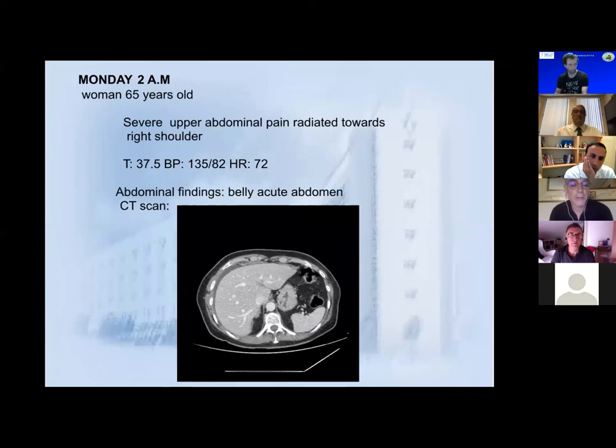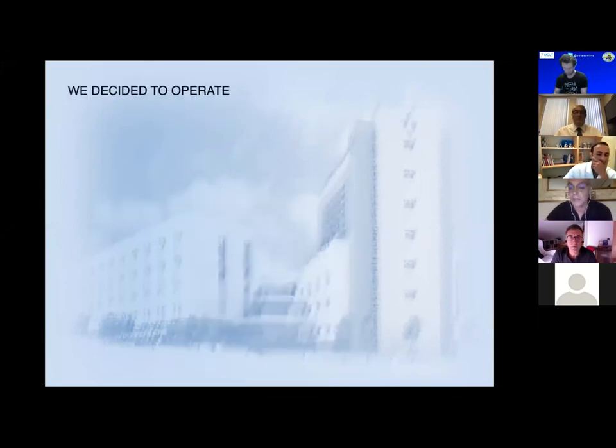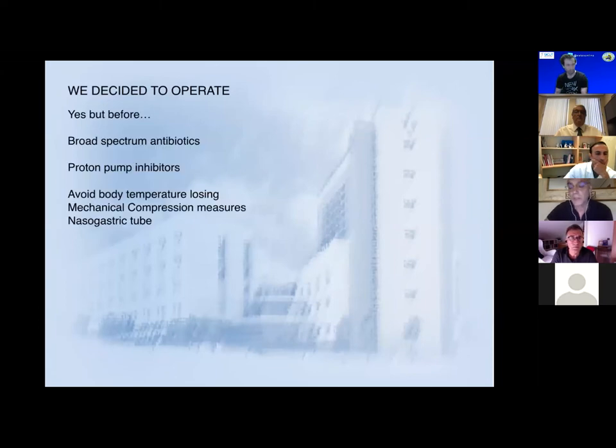We have a woman, 65 years old, with severe upper abdominal pain radiated towards the right shoulder, with very acute abdomen and with perforation in the anterior wall and with free liquid in the subhepatic region. But we decided to operate, but we can do something more before operating. This is broad spectrum antibiotic as soon as we have the diagnosis. And this is according to the society guidelines, according to the local availabilities,